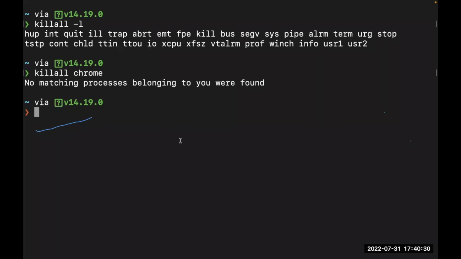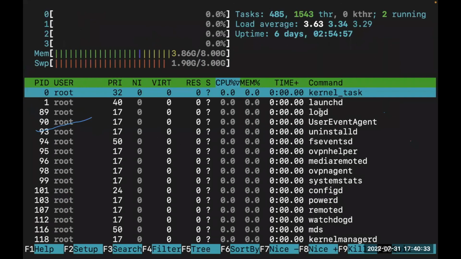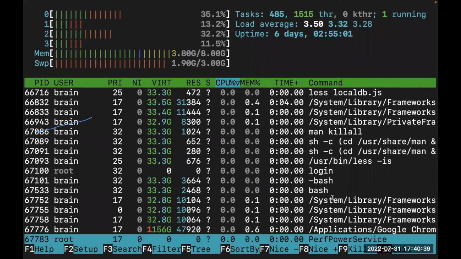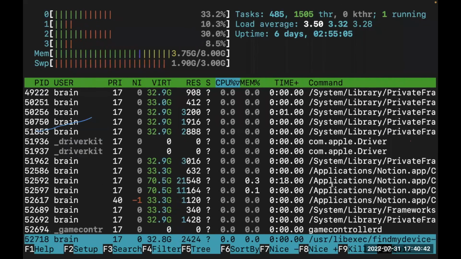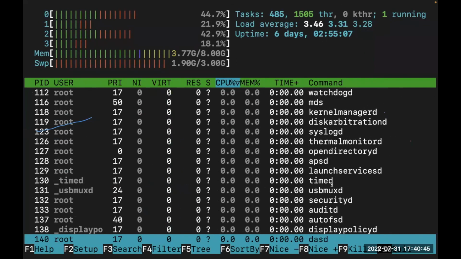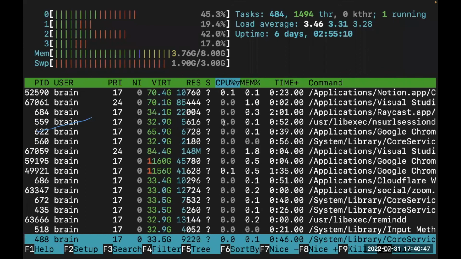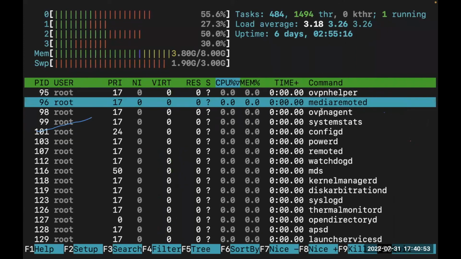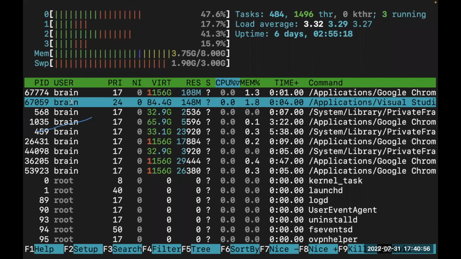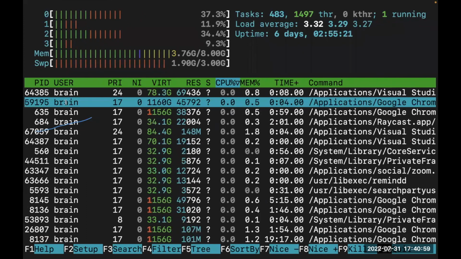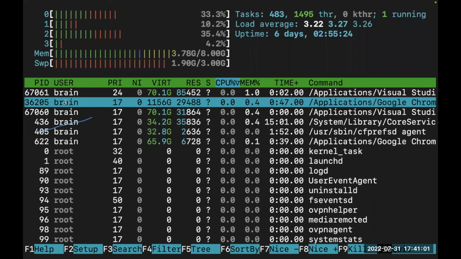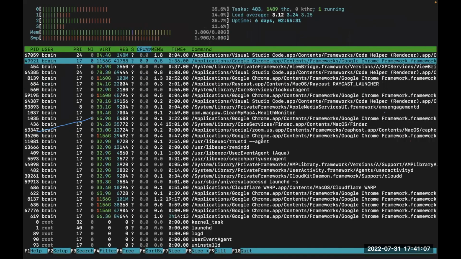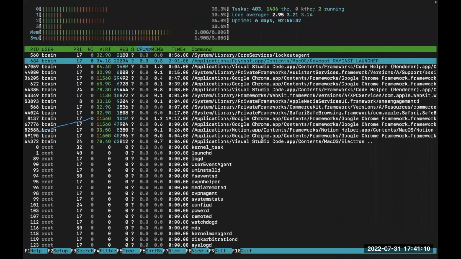All right, so let's see if I can also check out the name of the process from here. I have htop running here. So these are the PIDs. For example, I have Notion running, and Visual Studio Code. That's the PID of Visual Studio Code, and that moves really fast. So let's do that again. Probably I might want to reduce this so I can see it very well. So we have the PID for Chrome, I think 684, I guess.